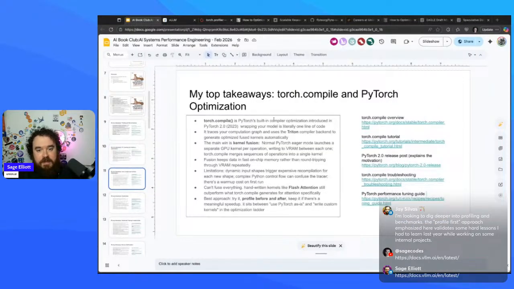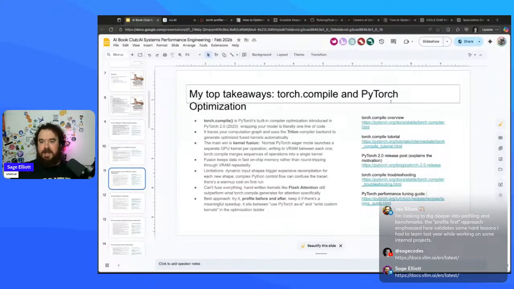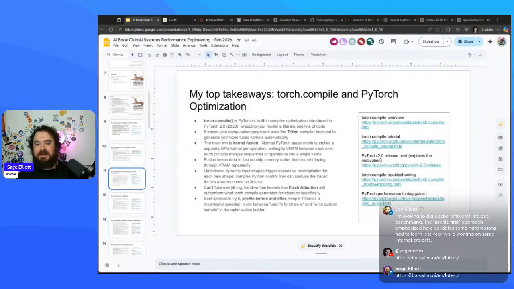And then I already mentioned this. I kind of combined this into that first step of profiling first. But the torch.compile and PyTorch optimization stuff that's already built in is really cool. I won't open every link; like I said, they're in these slides if you want to click around. Compile came out in 2023 when PyTorch 2 came out. And like I mentioned, that uses OpenAI's Triton underneath to automatically build those kernels and make them more